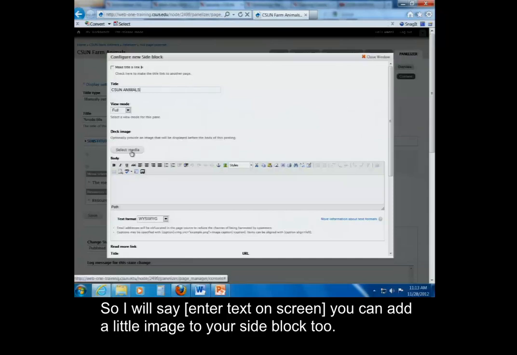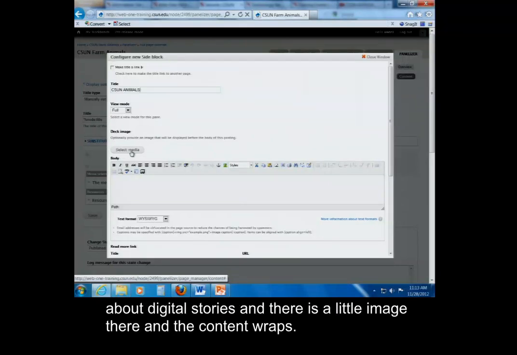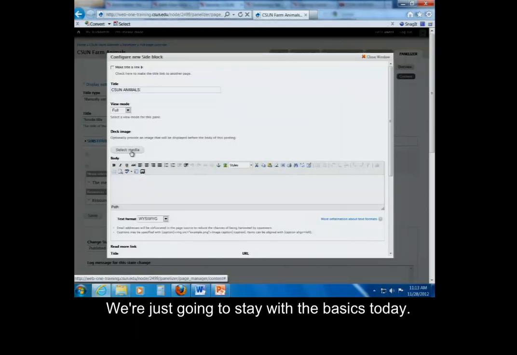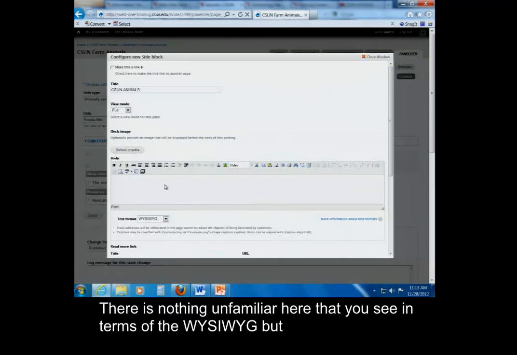you can add a little image to your side block too. On our main IT site, we have the content on the right, and it's a little bit about digital stories, and there's a little image there, and the content wraps. So you have the option to create different side block styles, adding images and content. I'm just going to stay with the basics today. There's nothing unfamiliar here that you see in terms of the WYSIWYG, but